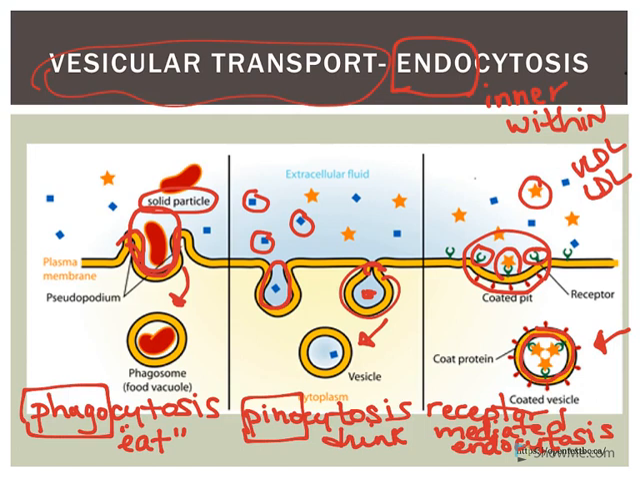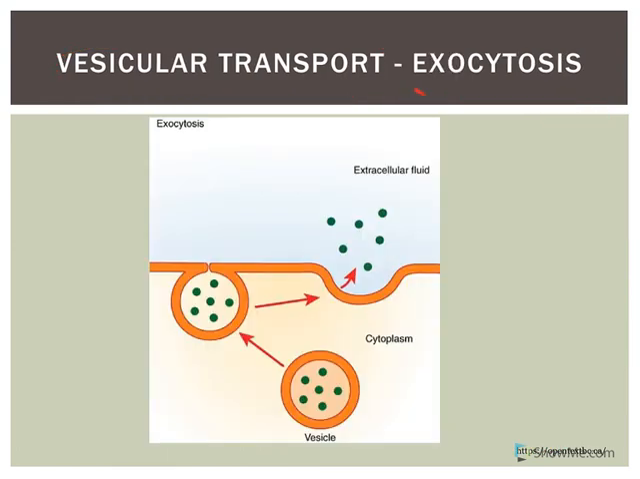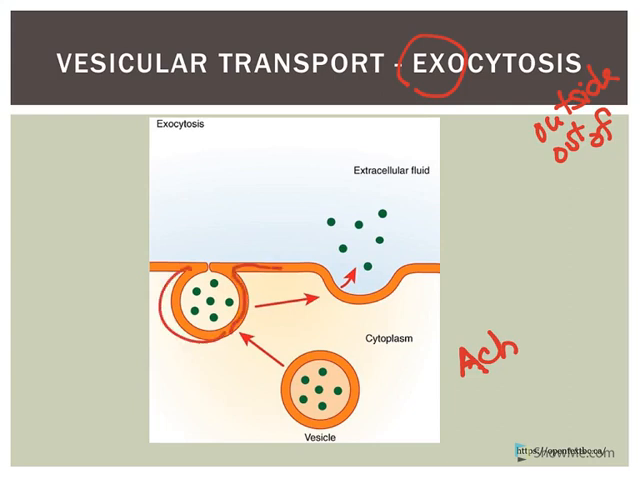Now the opposite of endocytosis is exocytosis. Exo means outside, or out of. So with this one, this is a means by which we're going to get substances expelled from the cell. Here, say for example, those green dots may be something like acetylcholine, which is the neurotransmitter acetylcholine. The vesicle that's surrounded by a membrane fuses with the cell membrane, and then these substances are expelled into the